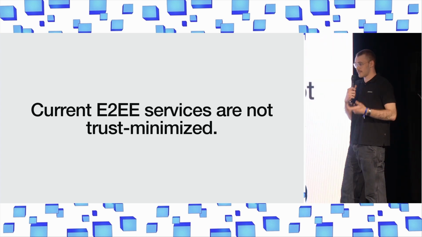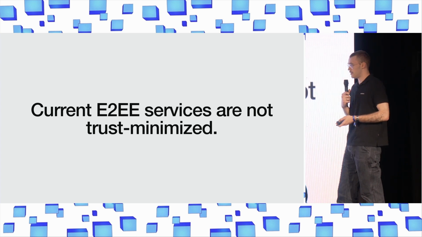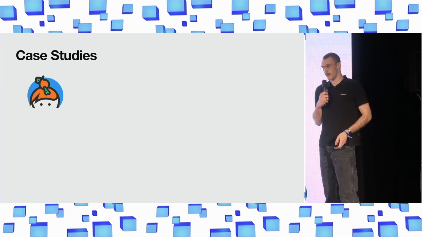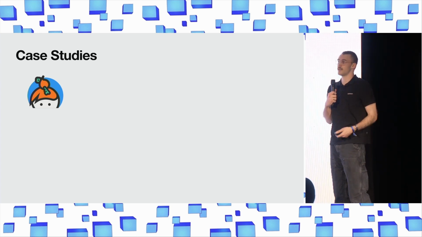And so this means that all current end-to-end encrypted messaging services are not trust minimized at all. You're needing to trust the service provider to provide you with the correct keys to the service provider. We can look at a few examples here. There's Keybase. Keybase is pretty interesting. They actually write the Merkle proof and all the operations to this key directory on the Stellar blockchain.